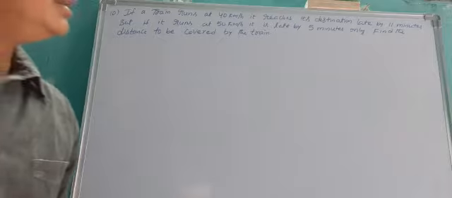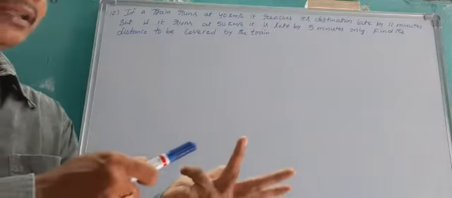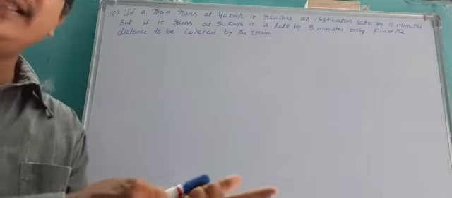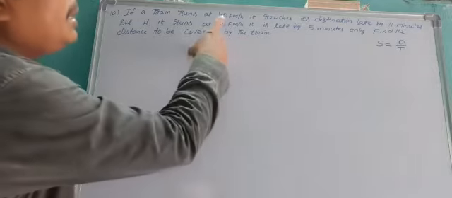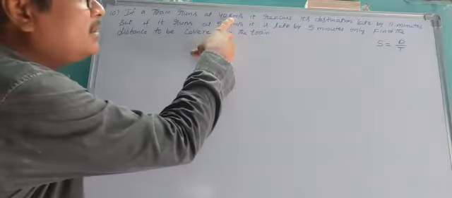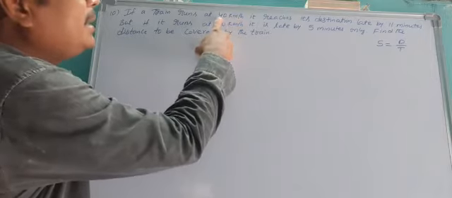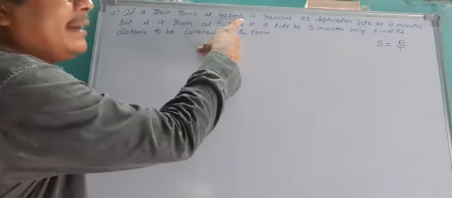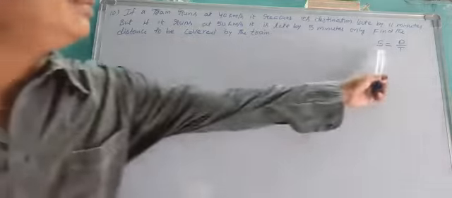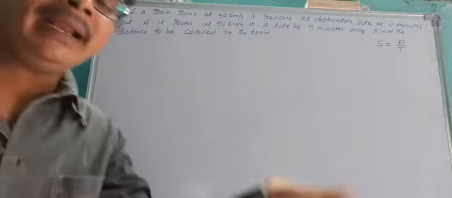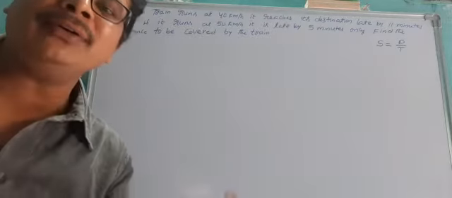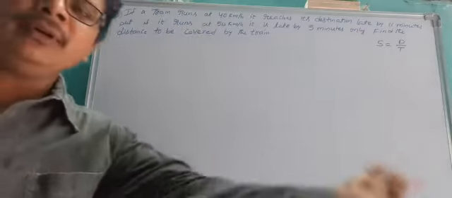Okay, here you have three terms. What are they? Speed, distance, and time. So already you know the relation among these three. Speed equal to distance by time. Here speed is given and the late time is also given. You have to find out the distance between the two destinations.